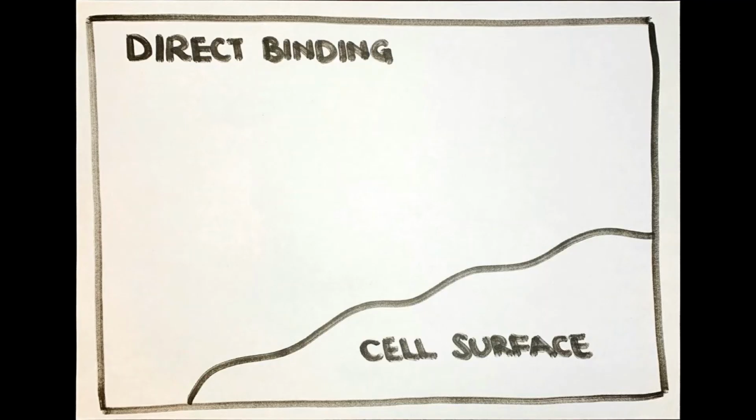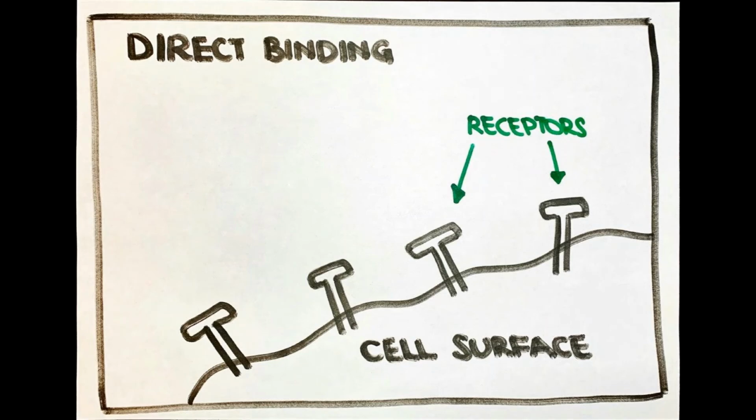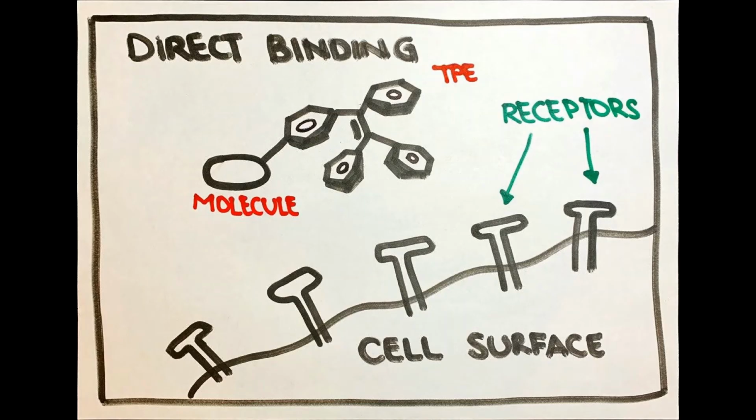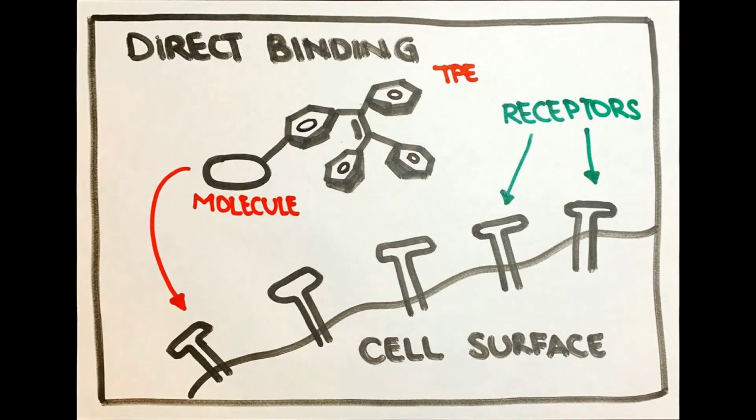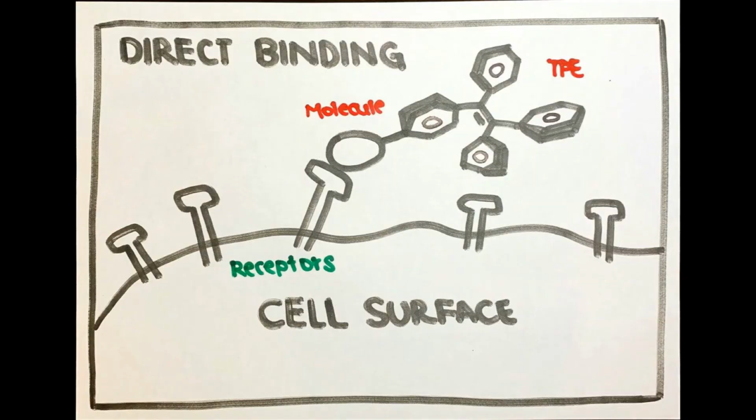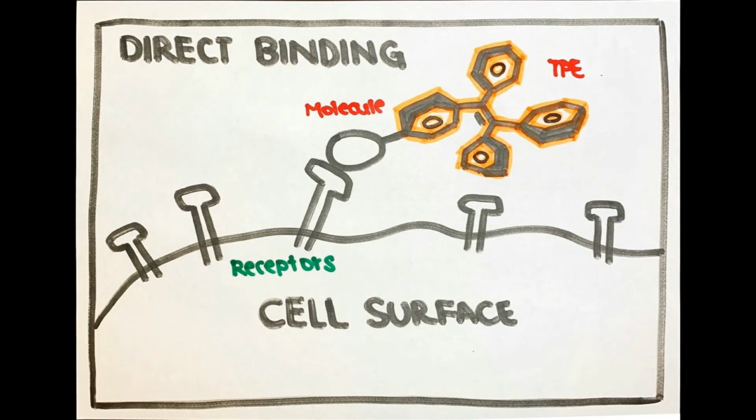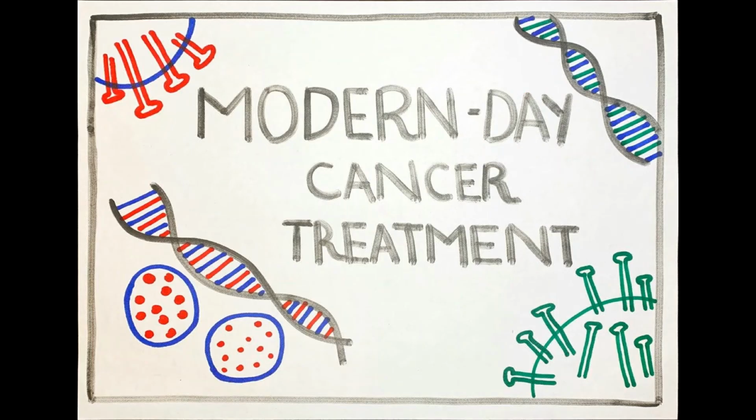The second and final mechanism is direct binding, and this is more straightforward than the first. A cell surface consists of many receptors, to which our molecule or bioprobe conjugated to TPE binds to. This binding leads to an overall fluorescence of TPE, and this strategy of direct binding is in fact more commonly used than site-specific reaction. We've come to the final part on learning about aggregation-induced emission, and this is where we